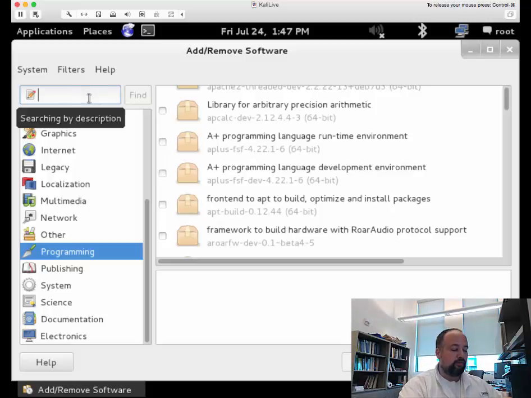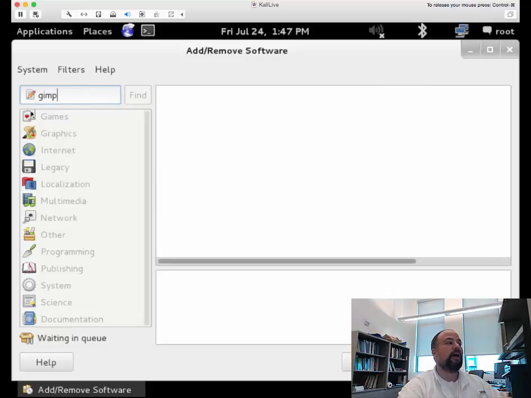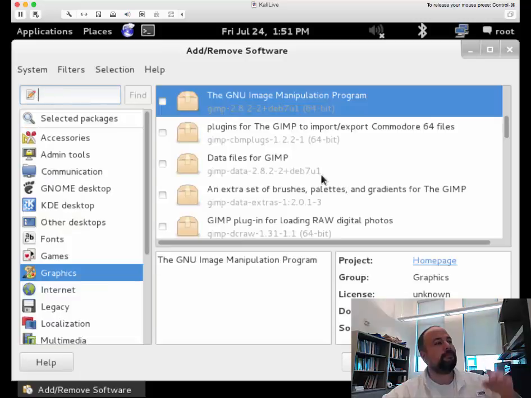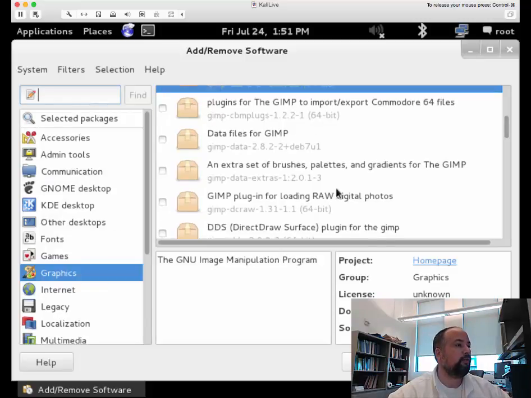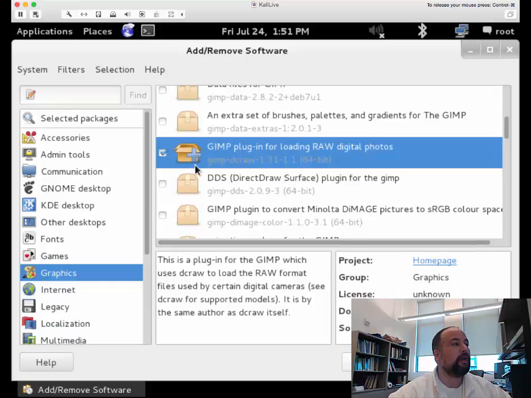And anything I want to search for, for example, if I wanted GIMP, which is a free Photoshop type tool. And we wait a minute while it searches. Let's take a look here. If I go into graphics, we see a bunch of things for GIMP right here. Let's click on this GIMP plugin. And what it does when I click on that is it tells me the project, and by checking it, I'm saying I want to install it. If I click apply,